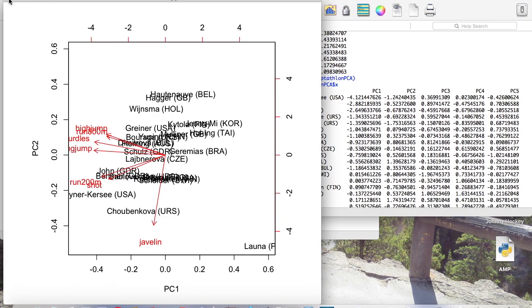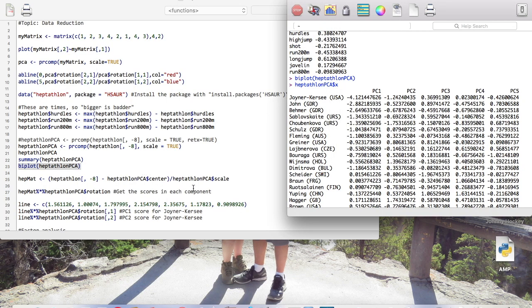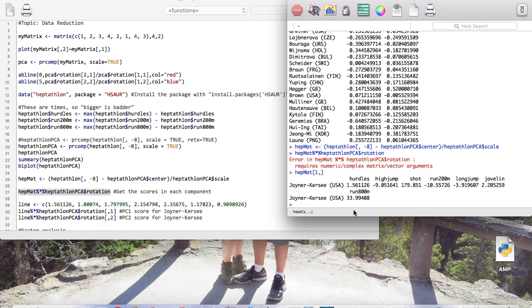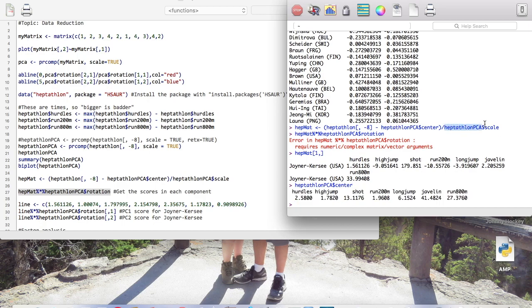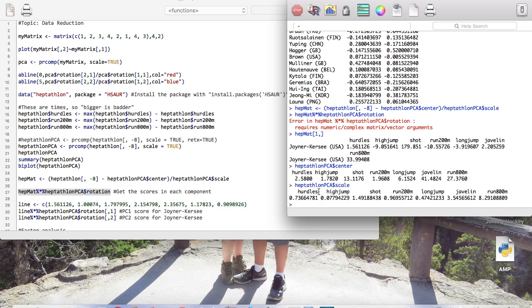Okay, so then where are these principal component scores coming from? What we could do to figure out how we could get each of these principal component scores is look at taking the original values and constructing the individual scores in each component. So what we could see here is that for our principal component analysis, the average for the hurdles is going